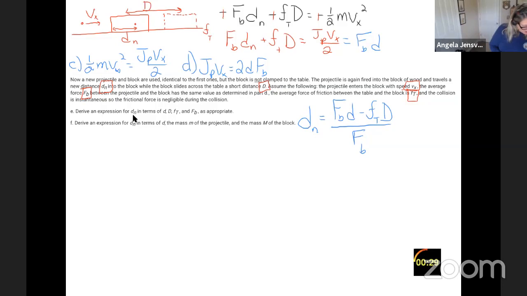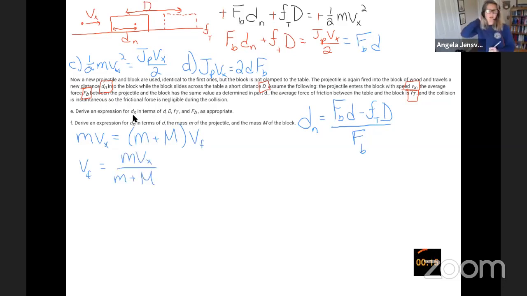So what we have initially was mvx, and then they stick together, right? So the final velocity of the system is mvx over m plus capital M. Okay, so now we've conserved momentum, and we have the final velocity of the projectile once it's embedded in the block and they move off together. Now what we want to do is find an expression for the distance that the projectile went inside the block. Okay, so what we're going to do is say the energy dissipated